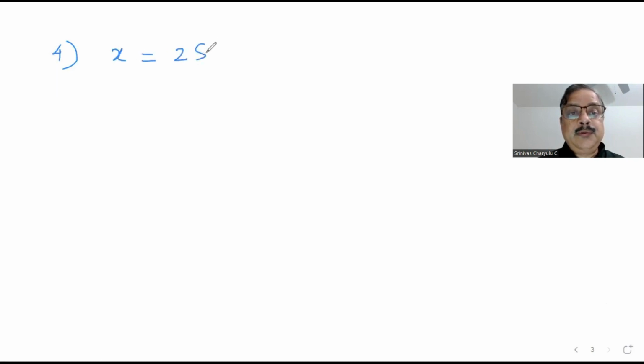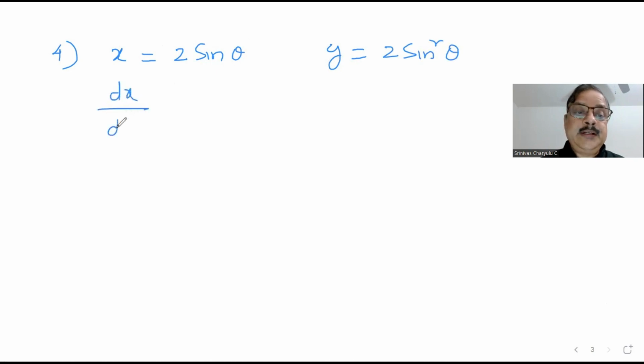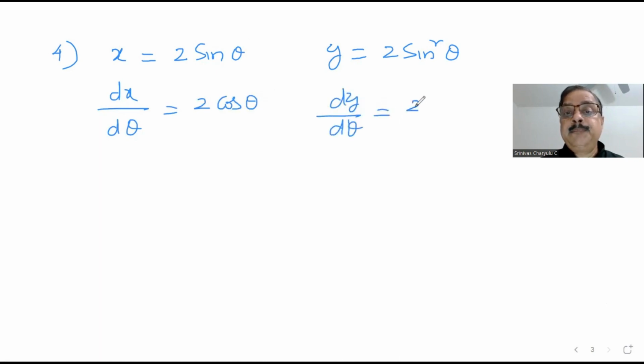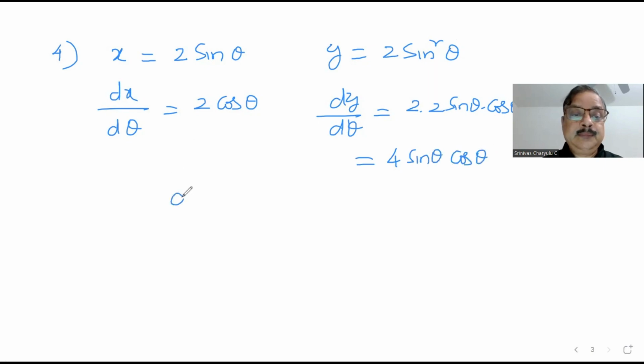x is equal to 2 sine theta, y is equal to 2 sine square theta. So both we will try to find the differentiation. This will become 2 cos theta. 2 sine square theta becomes 2 into 2 sine theta, sine theta differentiation cos theta. So this is nothing but 4 sin theta cos theta. Okay. So therefore dy by dx is equal to